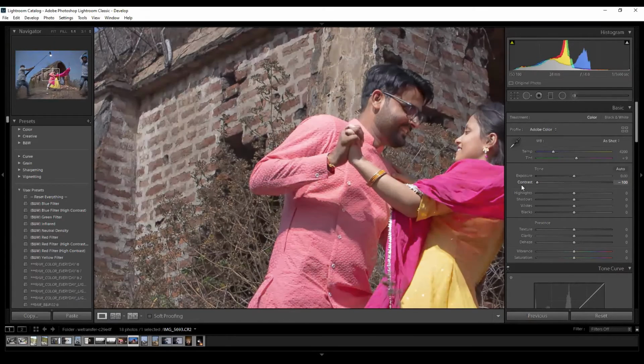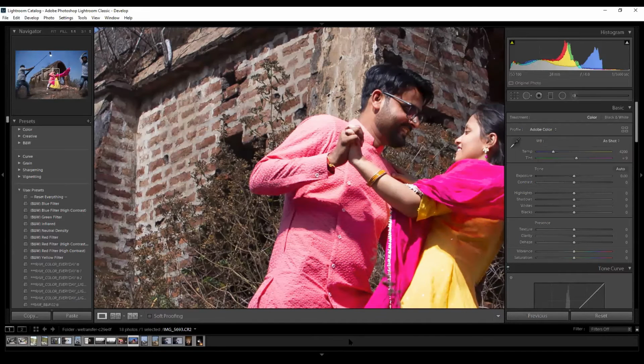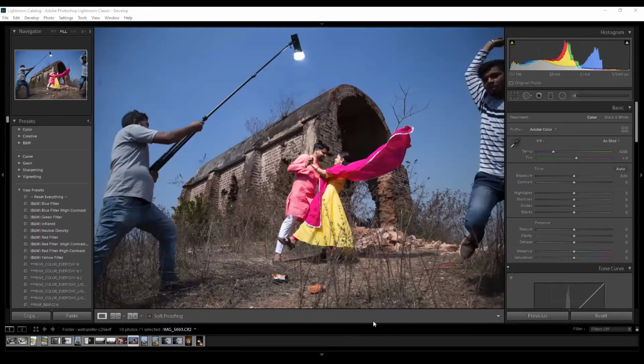This is the basic difference between exposure and contrast. Clear about it? Exposure and contrast.